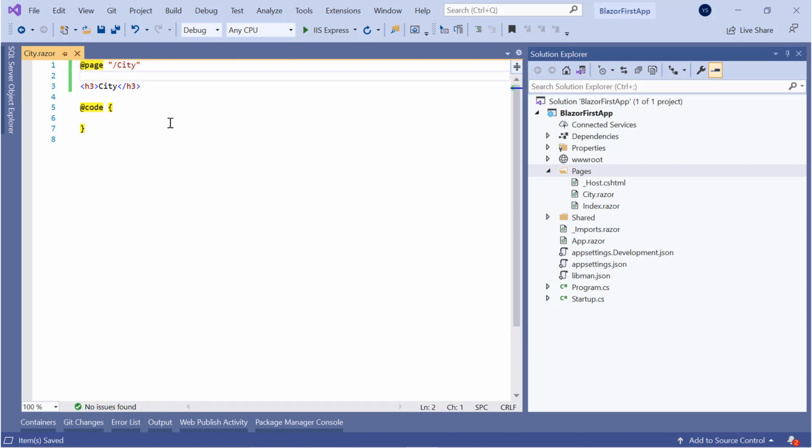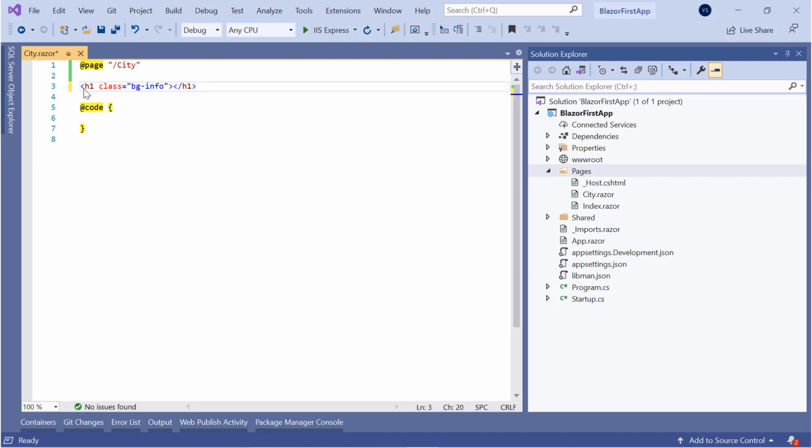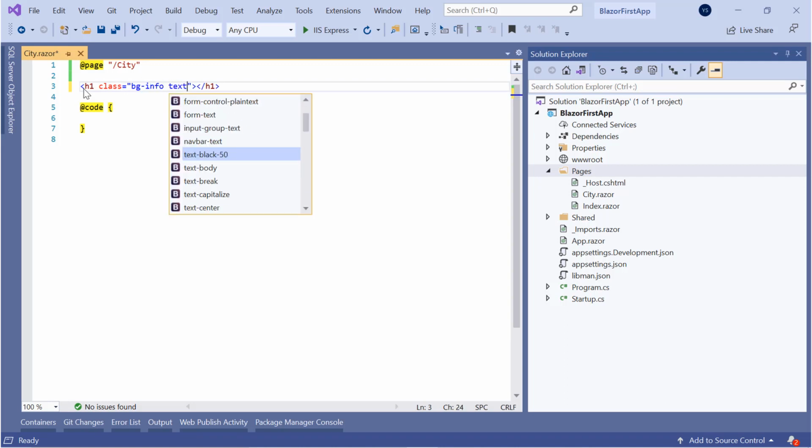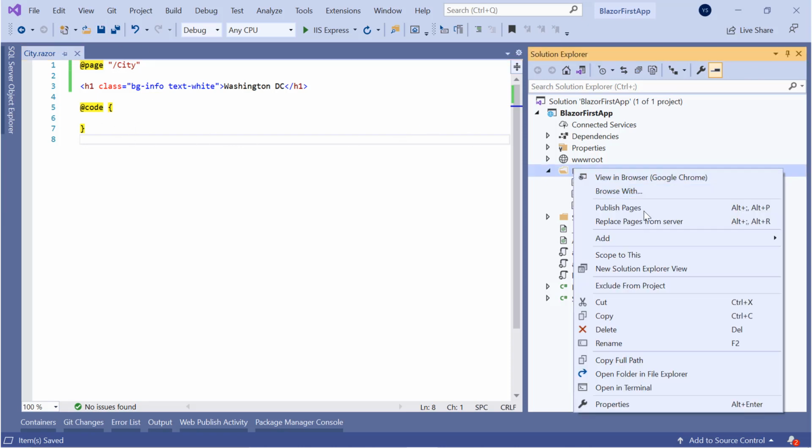So /city will be the route, and on this URL this Razor component will be called. And I gave some heading in h1 and bg-info and text-white. These are Bootstrap classes, and I give this Washington DC.